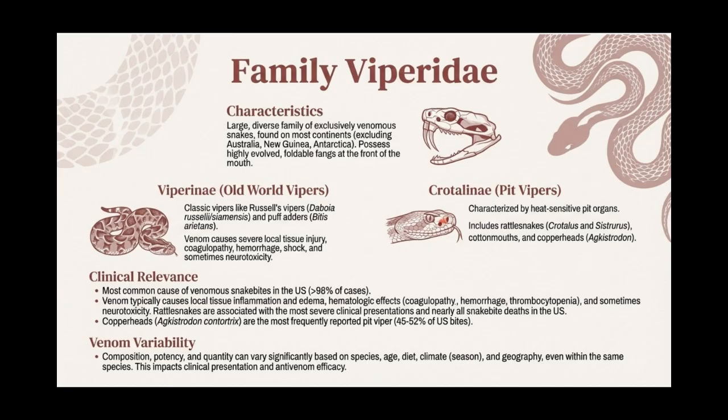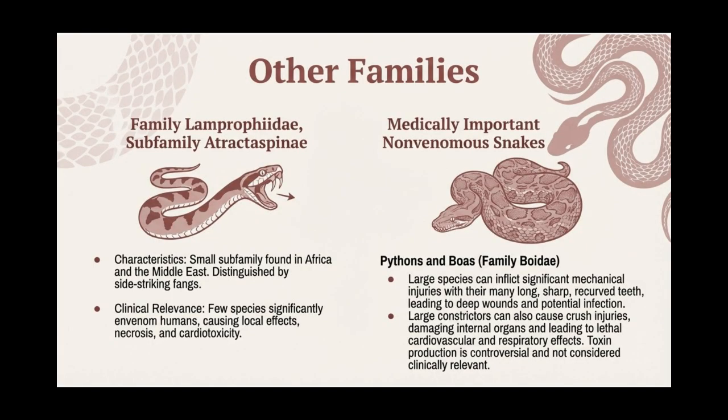Certain venoms contain high levels of metalloproteinases, enzymes that can cause tissue damage, but may have lower overall toxicity. Others may have lower metalloproteinase activity, but possess high toxicity, rich in phospholipase A2 neurotoxins, which can cause neurotoxic symptoms. The Lamprophiidae family, specifically the subfamily Atractaspidinae, consists of a small group of venomous snakes.